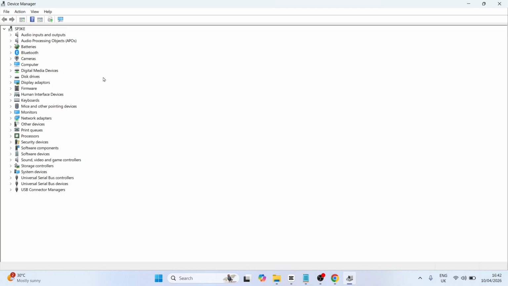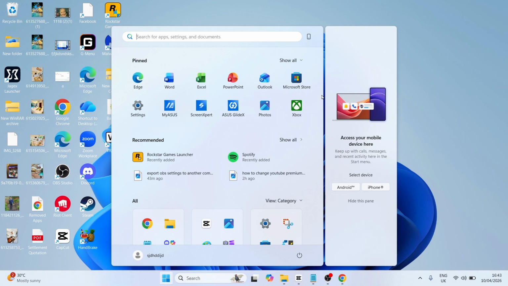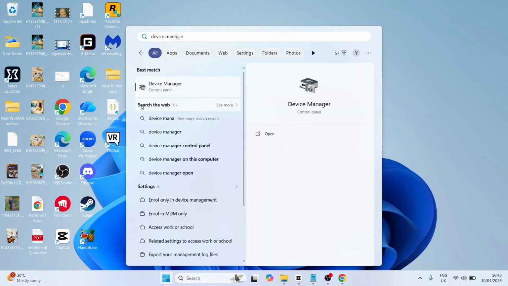How to fix the high definition audio device is missing in Windows 11. Now it's really easy to fix, so let's go and jump straight into it. The first step is you need to open up your start menu, search for Device Manager and click on this